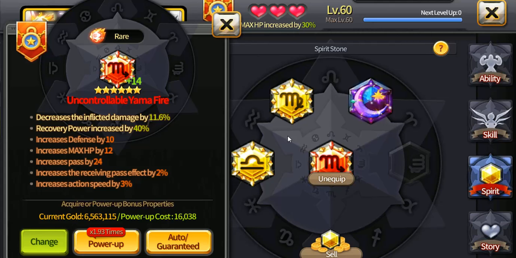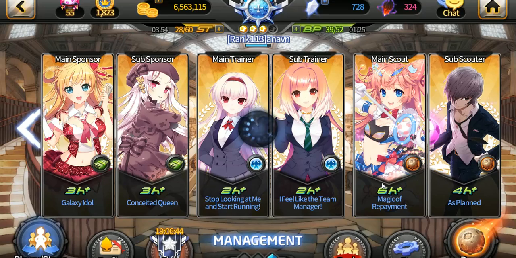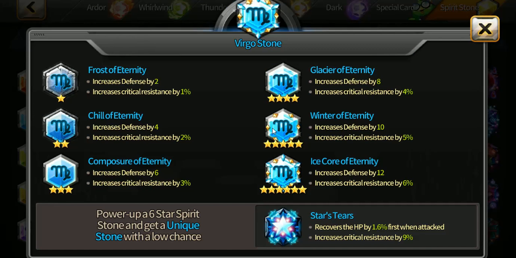So always throw rare in the prime. And for a goalkeeper, again, it's up to you. Decrease inflicted damage, recovery power. So I'm just going to look at them now from the player book aspect. In the prime slot, especially for goalkeeper, there's one stone that actually is better than basically all of them. For a goalkeeper, again, I'm being specific here. So you're going to want to throw in this one, Ice Score of Eternity, because it's going to increase critical resistance. So for that prime slot, if you have this, this is a great fit, irrelevant of your goalkeeper,